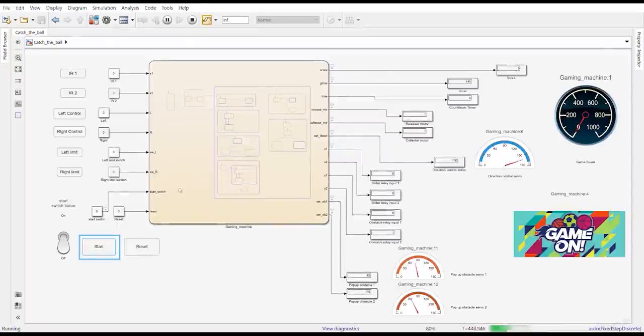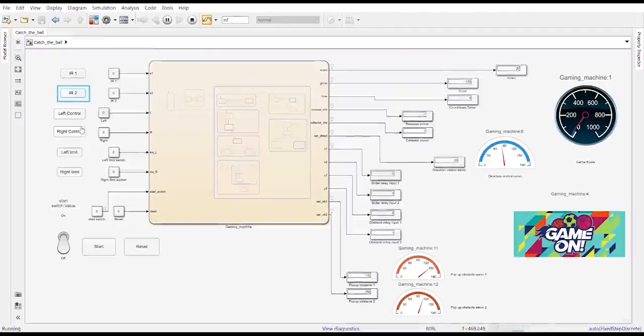As you can see, it is running now, and when I press IR1, which is IR sensor 1, that means it is obstructed by an obstacle, so the score will be incremented by 10. As you can see, score is 10 now. And when I press IR2, again the score becomes 20. So whether IR1 or IR2 is obstructed, the score is incremented by 10. The game time is still running.